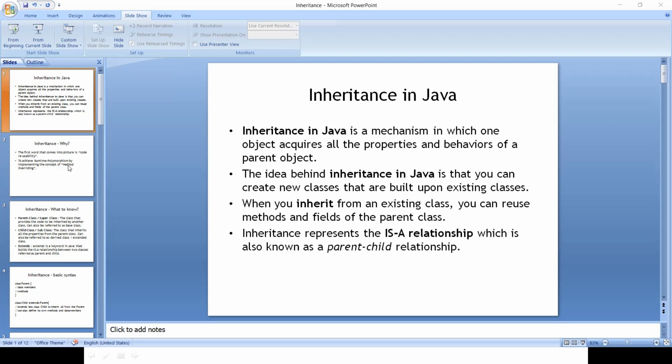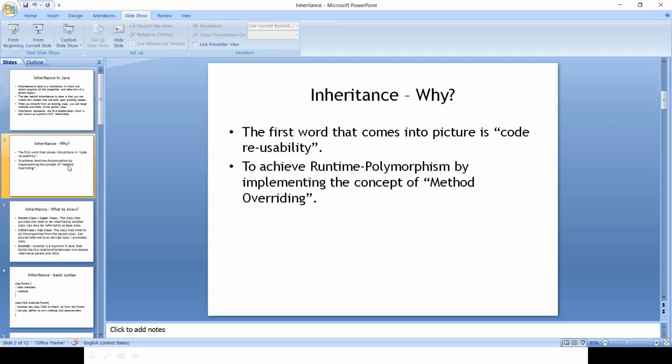So moving on, why do we need inheritance? As I just said, the example of a database connection clearly shows how code reusability can be achieved. So the first thing that comes to mind when we talk about inheritance is code reusability. And the second thing that comes to our mind is to achieve runtime polymorphism.